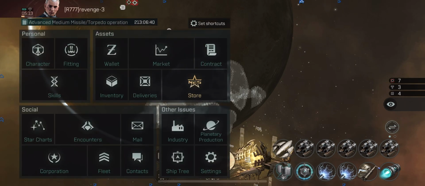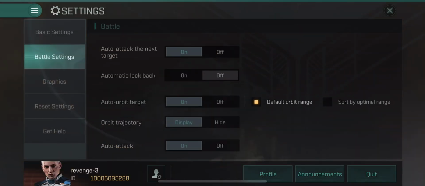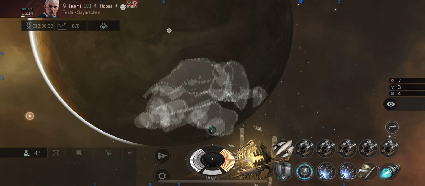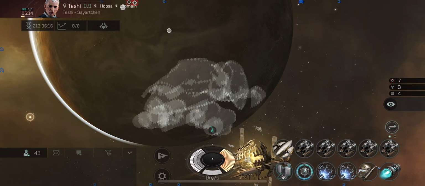That's the default. In your settings, battle settings, you want default orbit range. You do not want set optimal range. Why? Because if you put on a weapon that has an optimal range of like 3 kilometers, and it's very common to have something that has a very low range, like a Newt, or